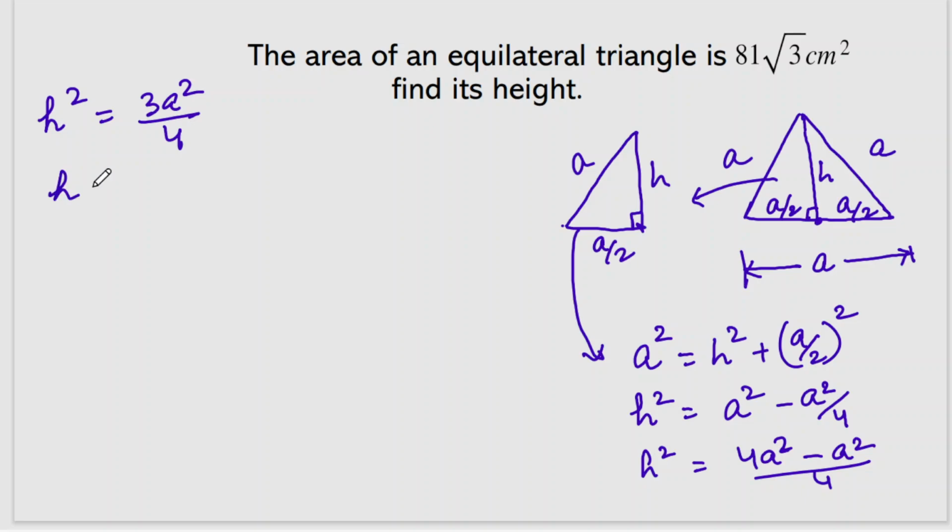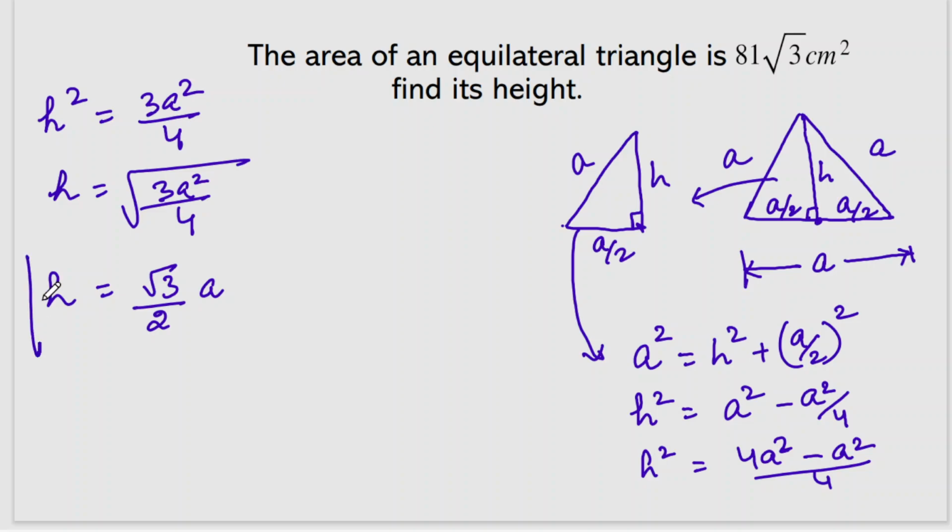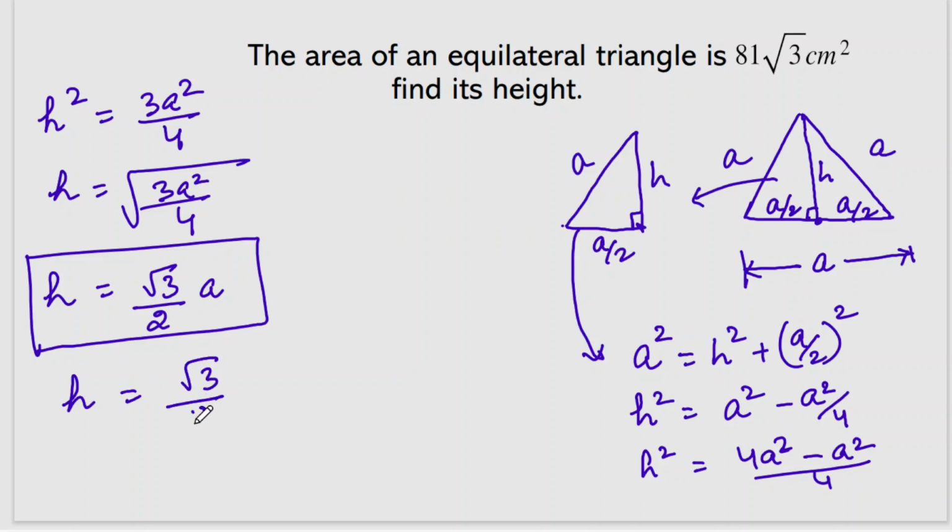So h will be equal to the square root of 3a square by 4. So I will get h equal to root 3 by 2 a. So now I can put the value of a here. So h equals root 3 by 2 into a. And what is a? We had got a as 18. So it is 9 root 3